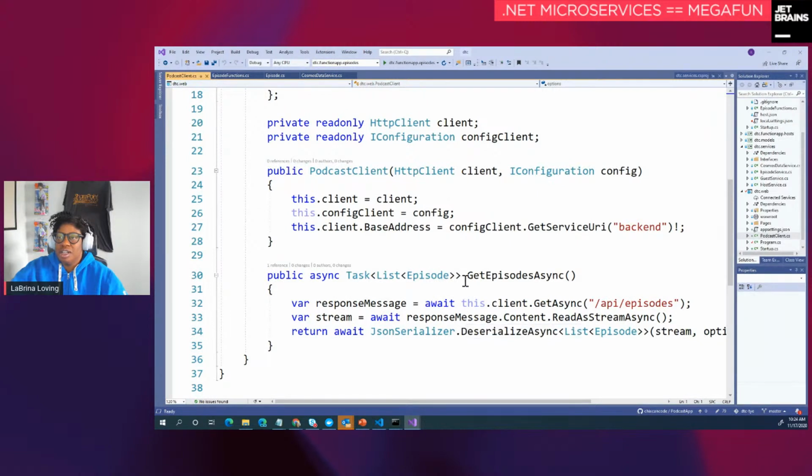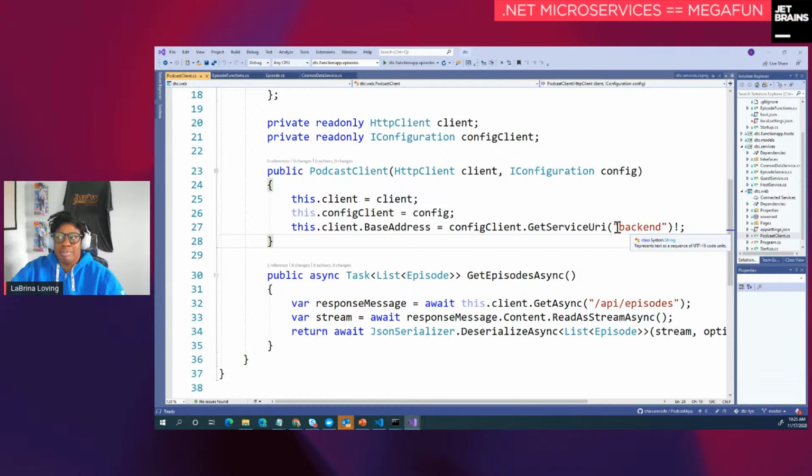One thing that I want to call attention to is that I don't have any hard-coded URL for my backend service. What I've actually done is set up this config client, and then there's this get service URI extent,